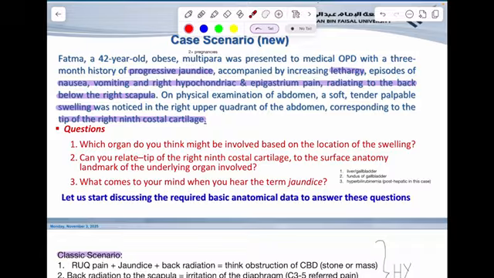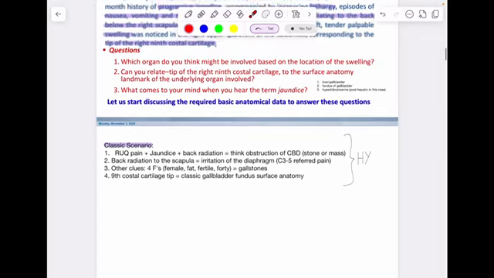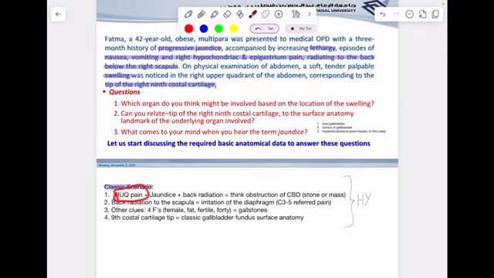of the gallbladder. And then when we think of jaundice, as we took in biochemistry, we're going to think about hyperbilirubinemia, and this is going to be, in this case, posthepatic. This is a very classical scenario. We have a right upper quadrant pain combined with jaundice and radiation to the back. So right away we want to be thinking of obstruction of the common bile duct, whether that be a stone or